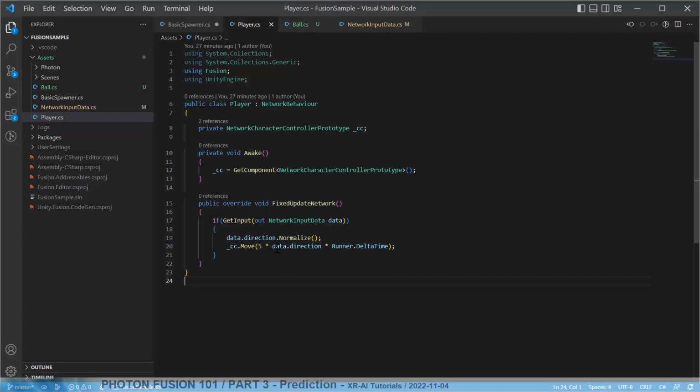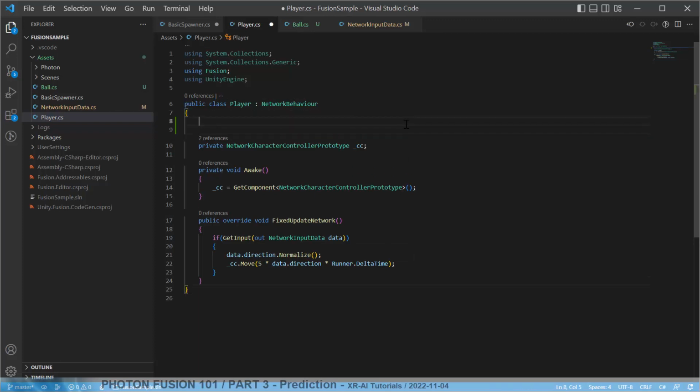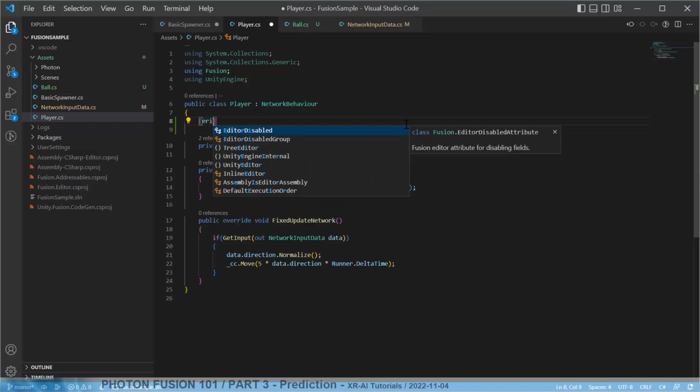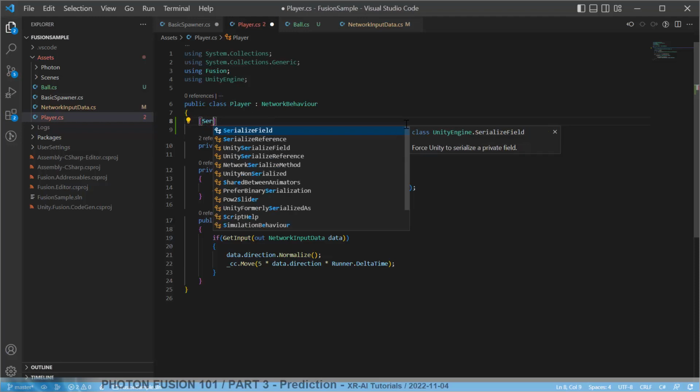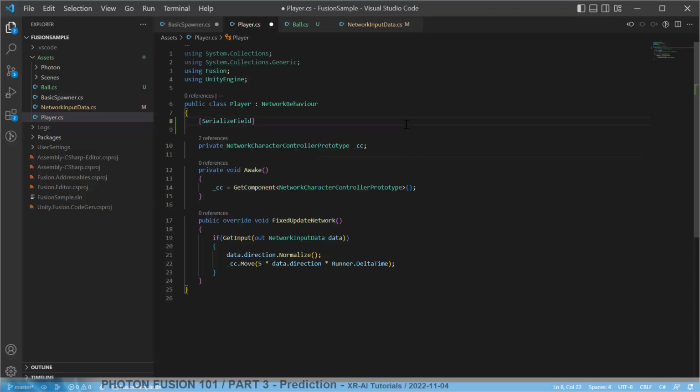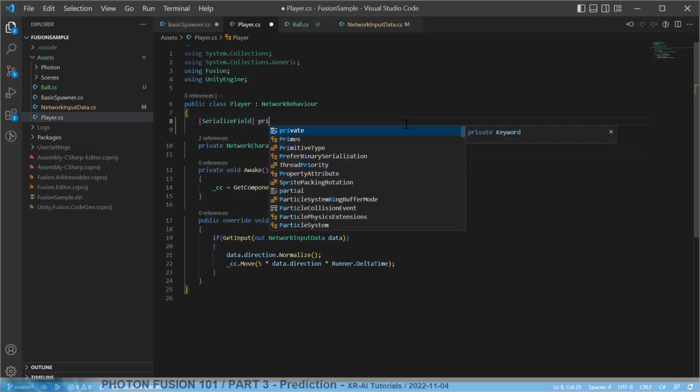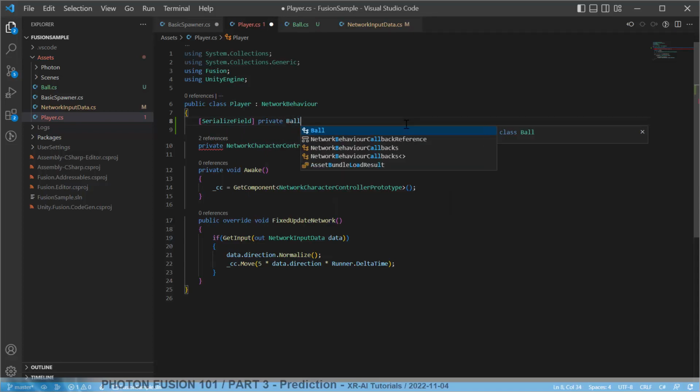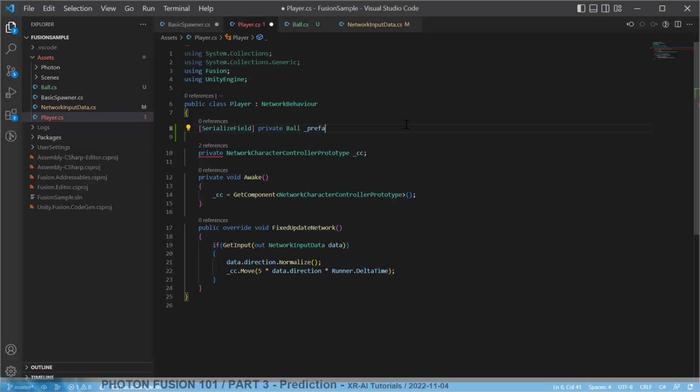So first of all, we obviously need to have the reference to the prefab we want to spawn. So we add a serialize field here, call it private ball prefab, no, I called it ball, prefab ball, this is this one, and